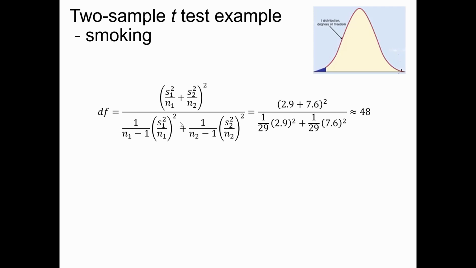It's the same thing. It's just the standard deviation and the number of samples, just keep plugging them in, plus 1 divided by the number of samples for sample 2 minus 1 times standard deviation squared for sample 2 divided by number of observations for sample 2, squared. Plug in all those numbers, and you get about 48. And that's going to tell you your